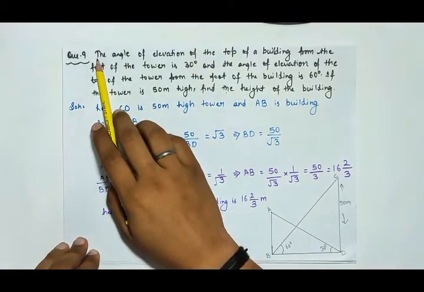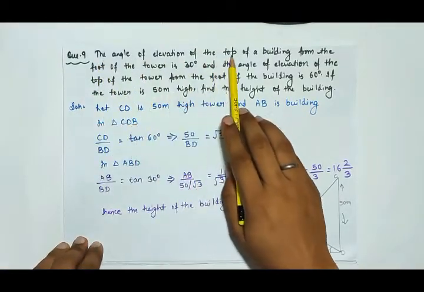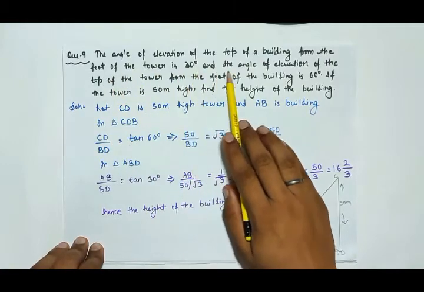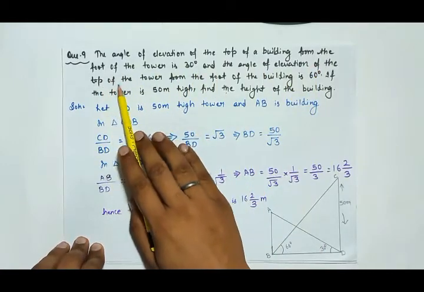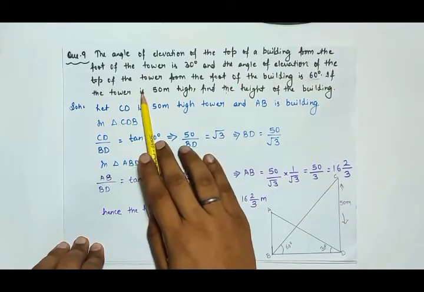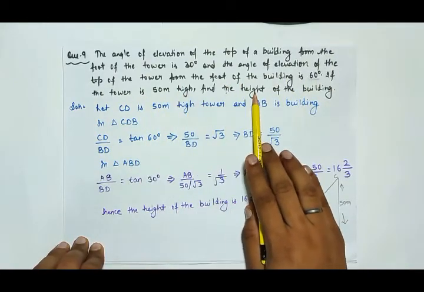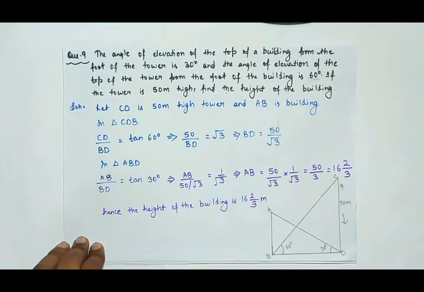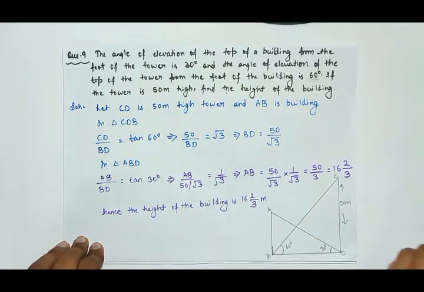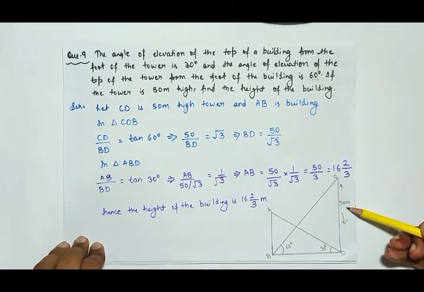So now let's move on to the next question, that is question number 9 from the same exercise 9.1 which says the angle of elevation of the top of a building from the foot of a tower is 30 degree and angle of elevation of the top of a tower from the foot of a building is 60 degree. If the tower is 50 meter high, find the height of a building. So here we have to find the height of a building. Let CD is 50 meter